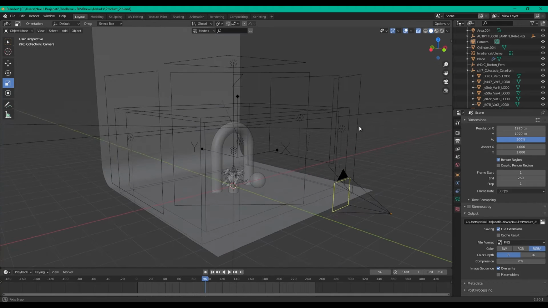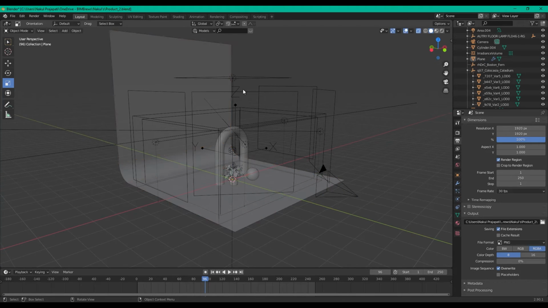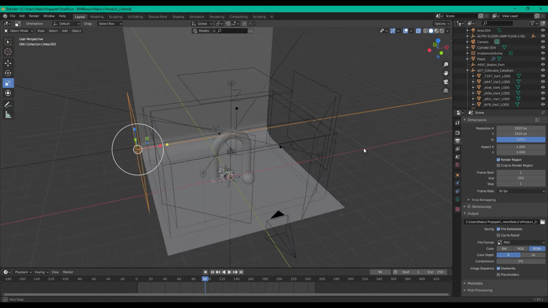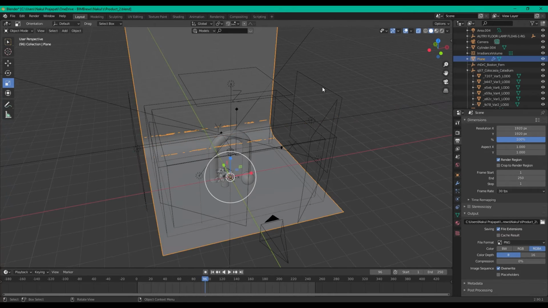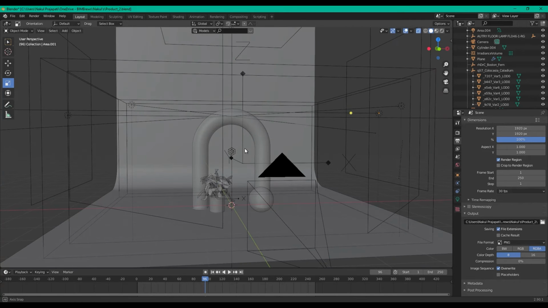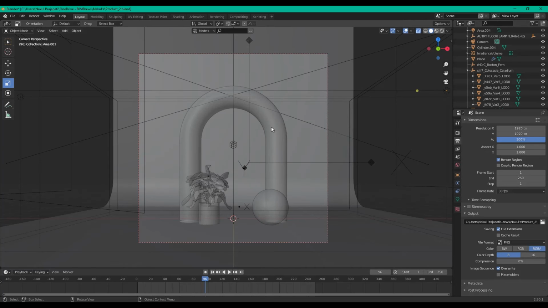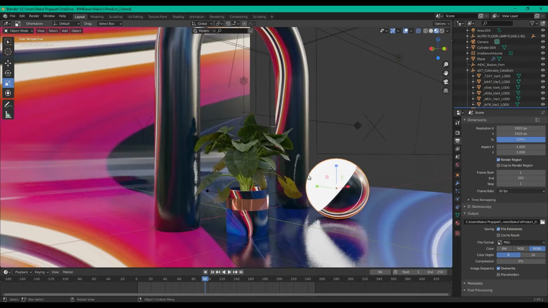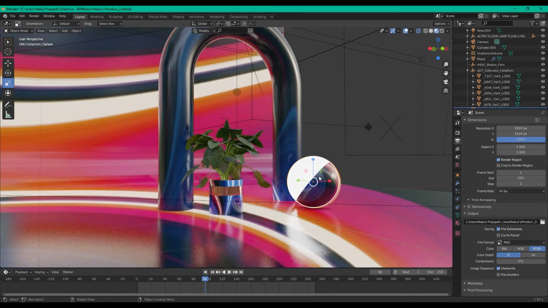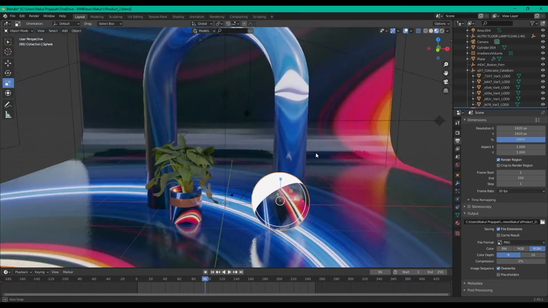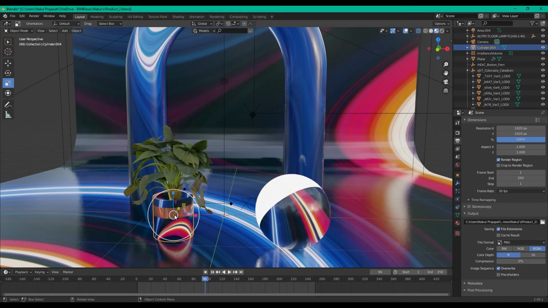So this is just a pretty basic setup, a studio kind of setup, and five area lights. One, two, three, four, and five. And these basic elements. This is like a small arc. This is a sphere, which is divided into two hemispheres. One is lit, and the other one is the psychedelic material. And this other object